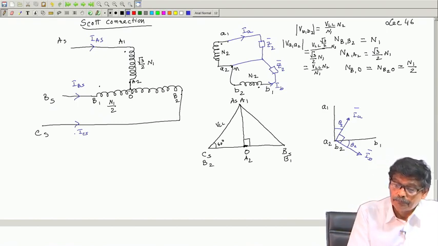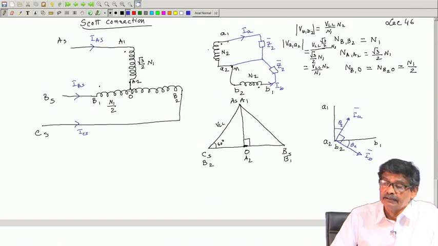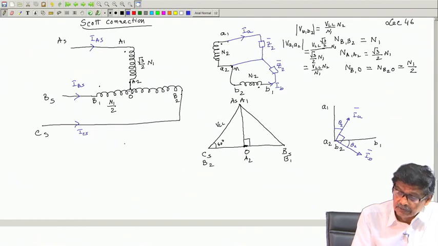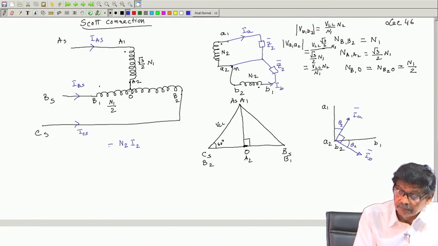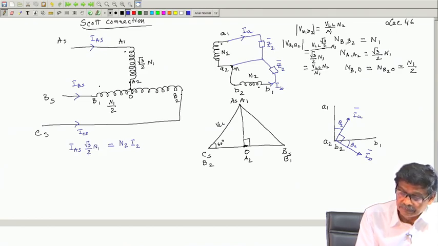To do this, you have to balance the MMF, following the rules of an ideal transformer. The MMF of the secondary, through the dot current is coming out, is N2 into I2. This must be equal to the current drawn in through the dot, IAS, into its number of turns, root 3 by 2 into N1. Therefore, you know IAS